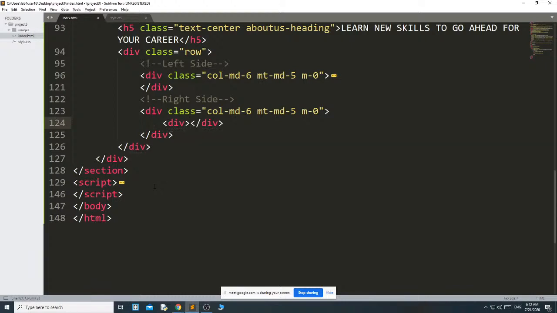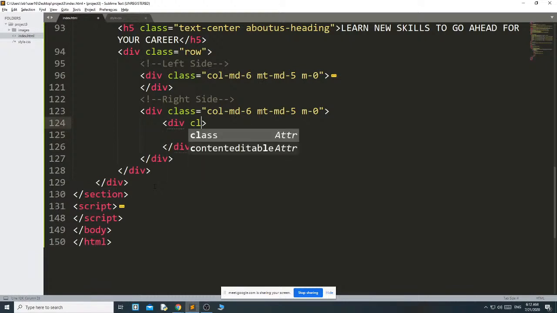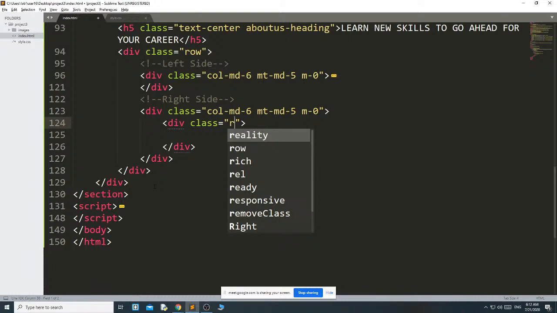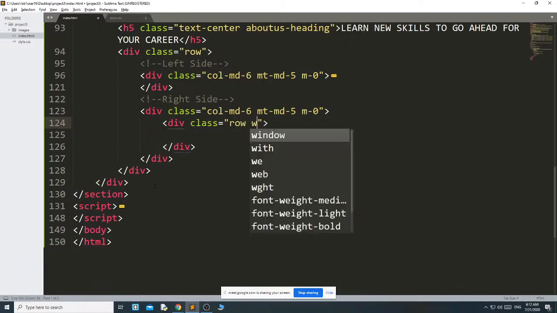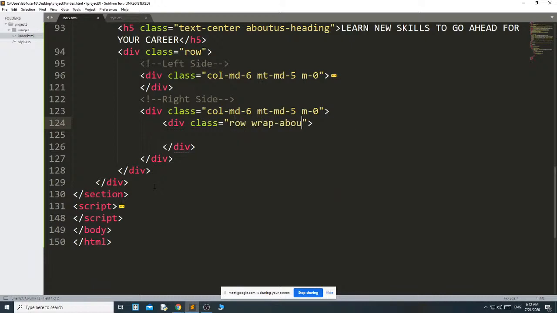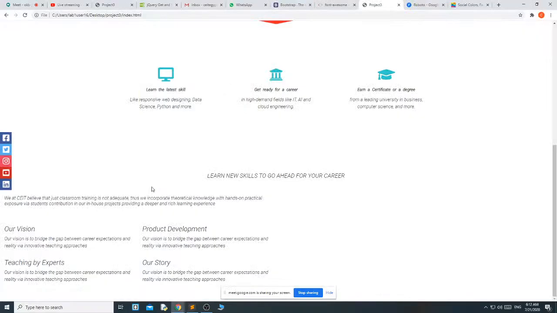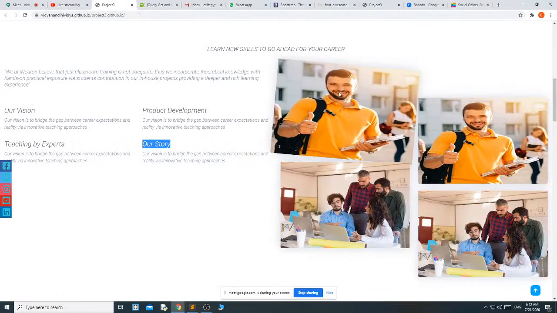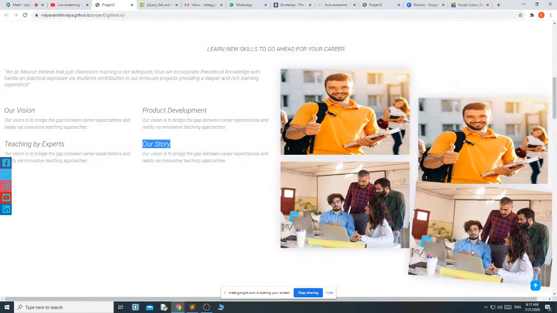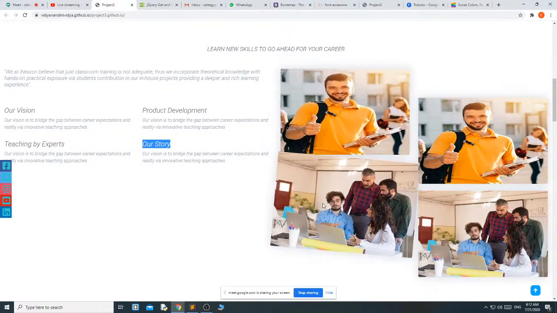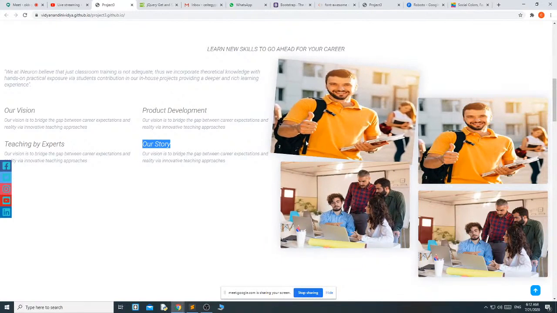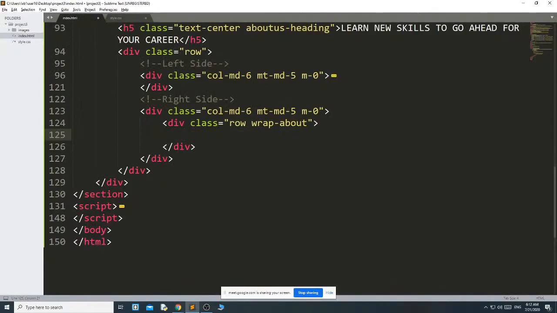First div class row and I am giving another class wrap about. Inside this row, first the left side image. Okay, this is the left side image, this is the right side image. Left side image I want that it will take the whole screen, that's why I call col 12. First I have to divide into two parts.